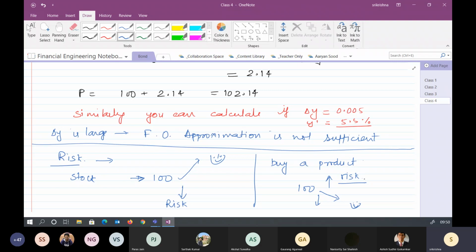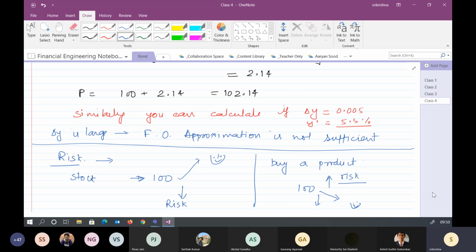Right. So what I'm trying to say is that interest rate is not in your hand. Yes or no? But which bond you can buy is in your hand. So suppose you already have a bond and there is a change in the interest rate, correct? What would you like to have? Which bond do you prefer? With changing interest rate, the one whose price is not falling so much, you would prefer to have.